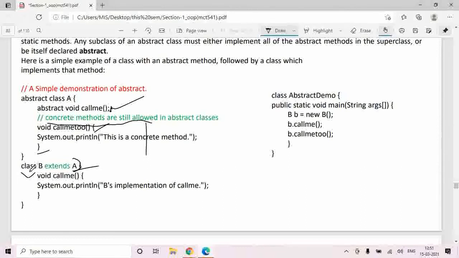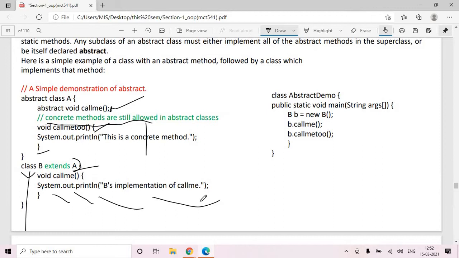In the inherited class, you can write all the functions that you want, but it is mandatory for you to write the definition of all these abstract methods.